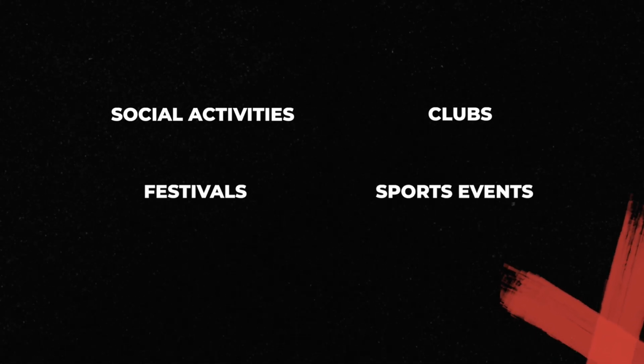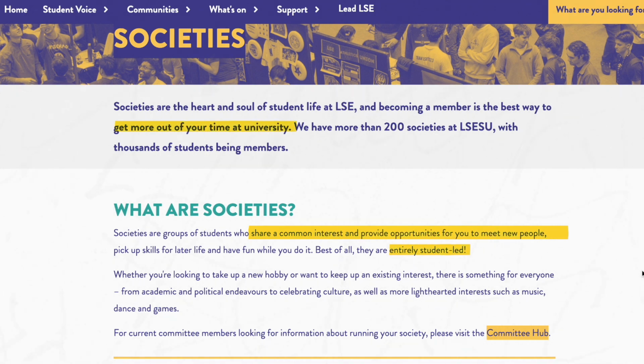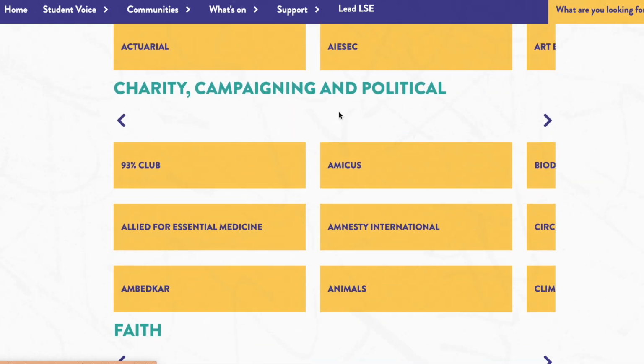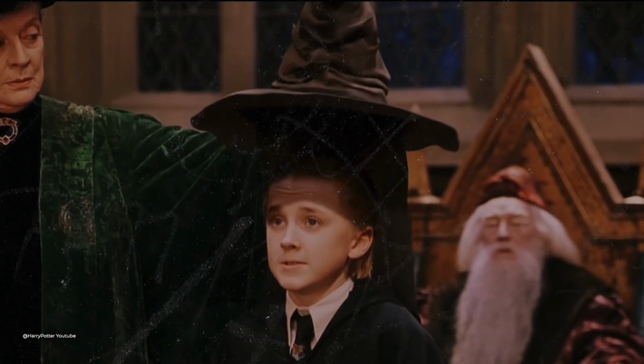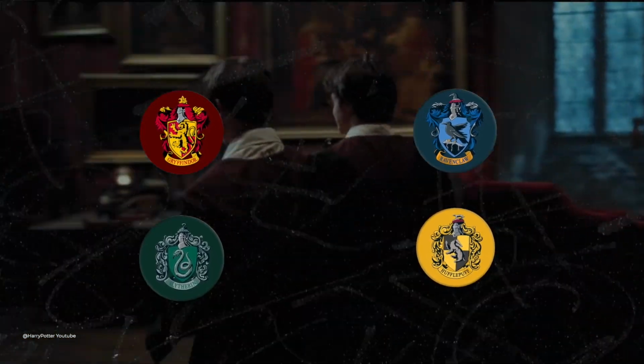In the student life built around the red systems, you will only hang out with people in your department. A lot of the time, the university would not host events such as social activities, clubs, festivals, or even sports events. There are student groups who do this, but you have to actively join them to be able to participate. Most of your life will be centered around residence halls. Think back to the Harry Potter movies and how they are divided into Gryffindor, Ravenclaw, Slytherin, Hufflepuff, and they will usually hang around only within their groups.